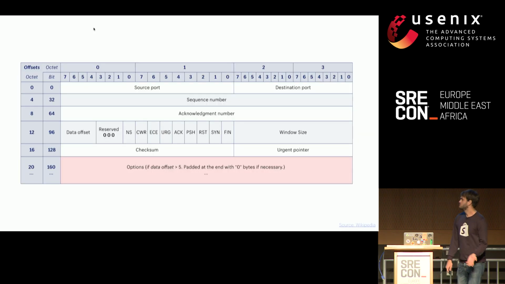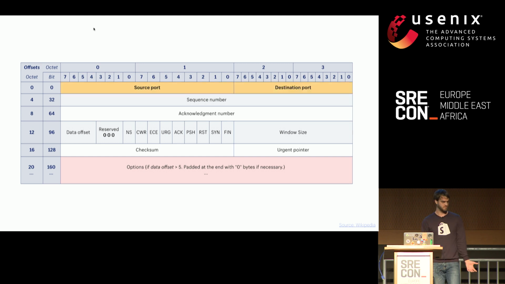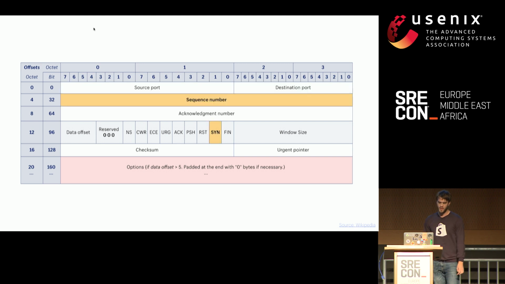So here's the TCP portion of the packet. A lot of stuff happening. Let's just look at a couple of important parts. There's the source and destination port. If you're asking where's the IP address, there's another part of the packet that has that. It's the IP portion of the packet. There's the sequence number. The sequence number allows you to order things and get reliability. It's basically a monotonically increasing number. You could implement this on top of something like UDP if you really wanted to, but it's all there for you in TCP, which is great.